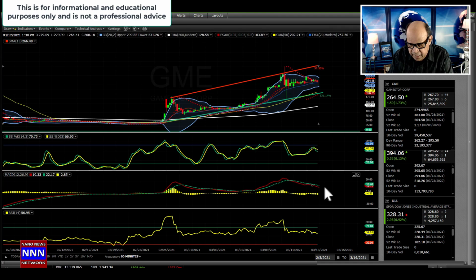None of these parameters, either the Bollinger Bands, the trend lines, stochastic, MACD or RSI, none of these are suggesting one extreme or the other like we see here. So we're not seeing these extremes. So if I were to get into GME on an intermediate basis, would be to let this kind of settle